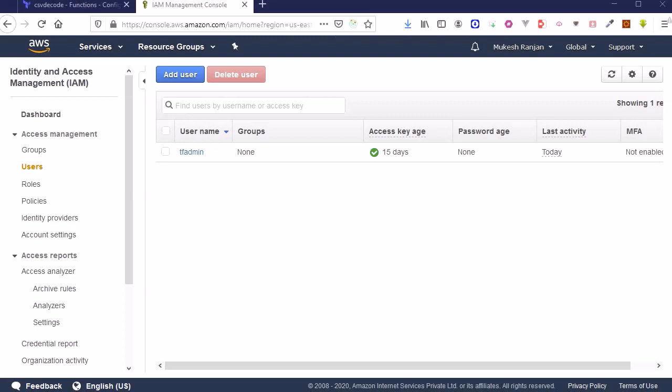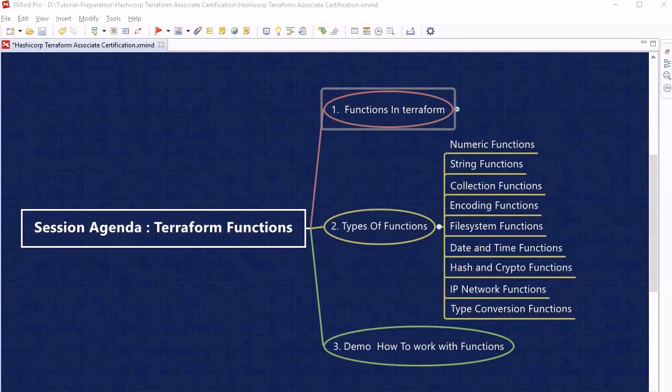So now let's conclude our session. So guys, in this session we have looked into functions in Terraform. We have also discussed that Terraform doesn't support custom functions. Then we discussed various types of functions, where we looked into different categories of Terraform built-in functions. Then we looked into the Terraform console, where we can quickly check each of the functions without writing the TF file. And at last we performed a demo where we read the CSV file that contains 24 users, and for each of the individual users we created IAM access within AWS with the help of